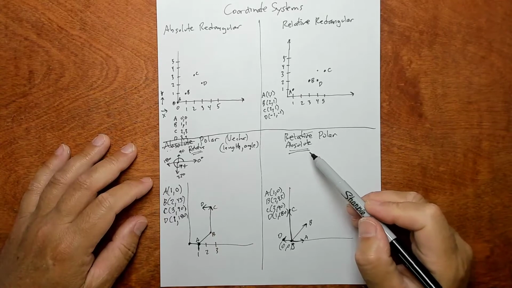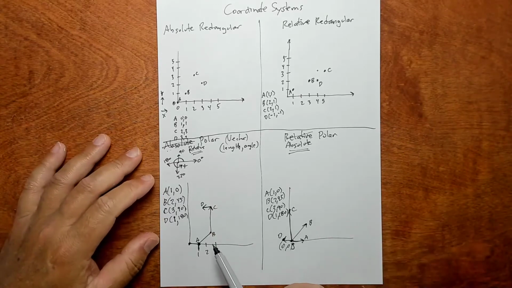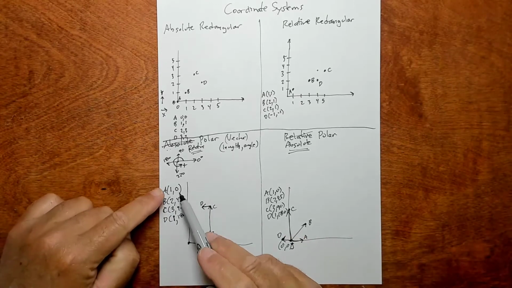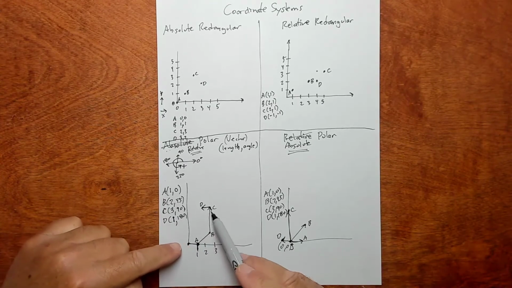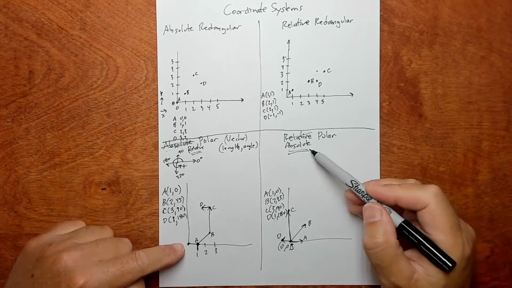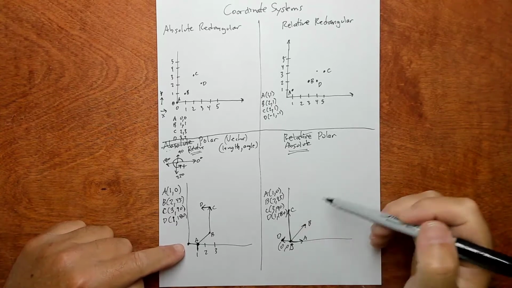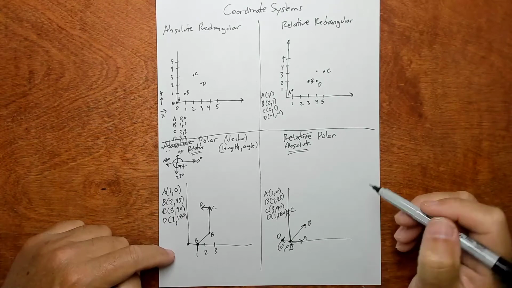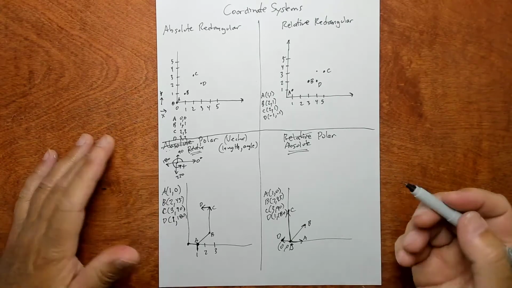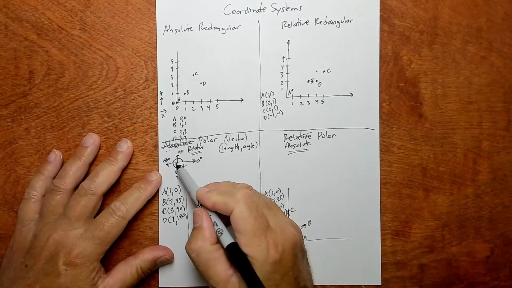And they're different in that for relative polar, when you have a sequence, each point starts at the previous point, basically. And for absolute polar, when you have a sequence, each point starts at the origin. That's the difference. They're similar in that the angles are all measured relative to